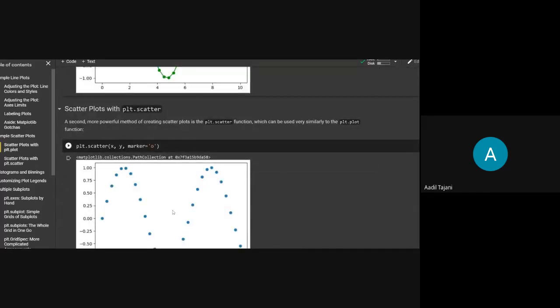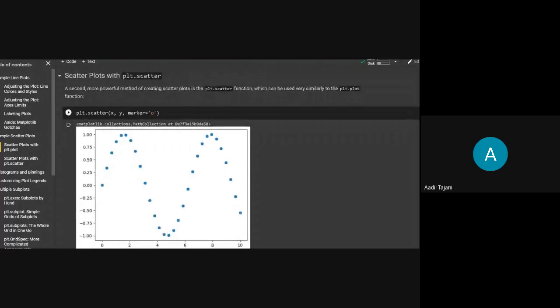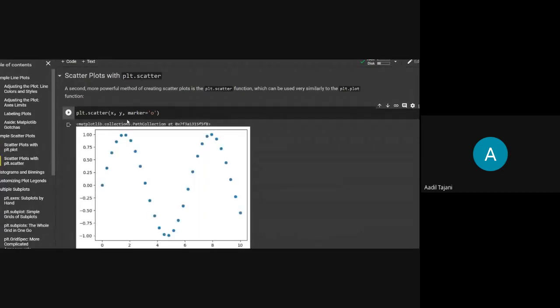Now you will be wondering that there is a different function for scatter plot. So if we can use that plt.plot function to do scatter plotting, then why is there a need? So in scatter plot, when you are plotting, each point that you see here, its property can be changed.